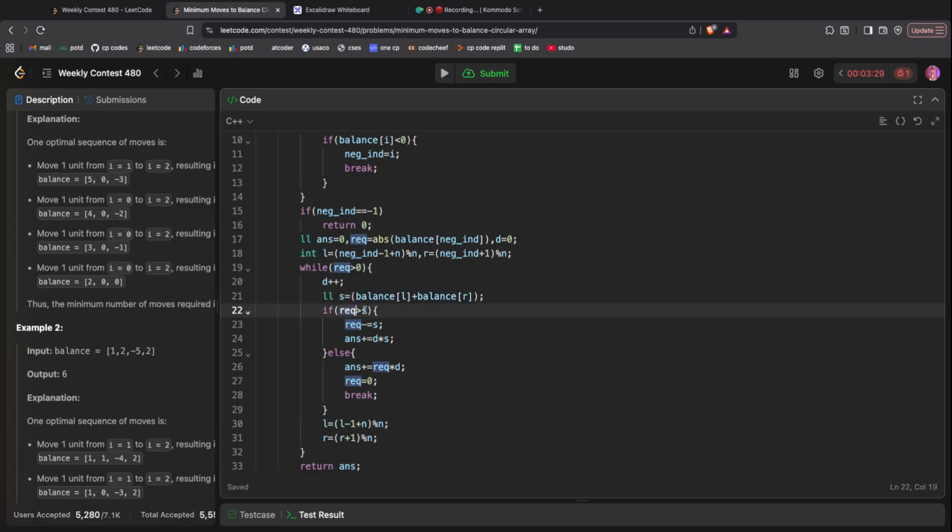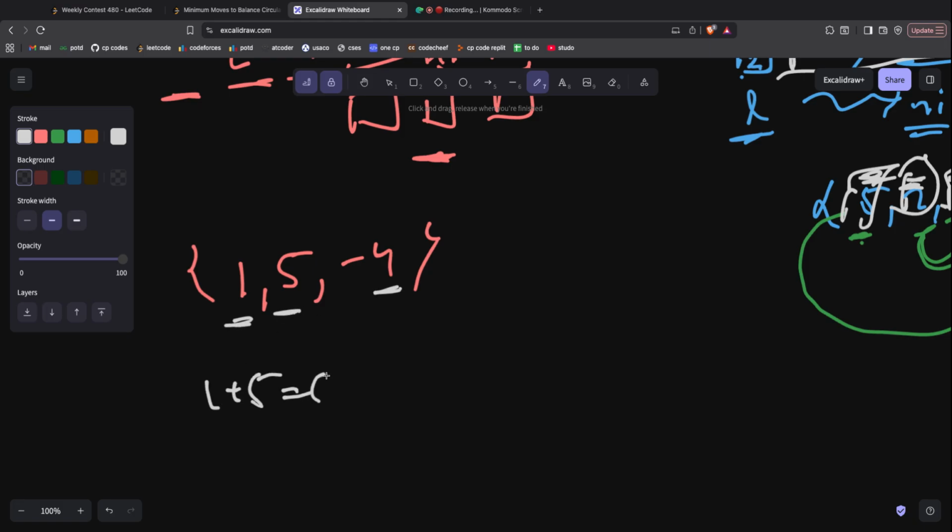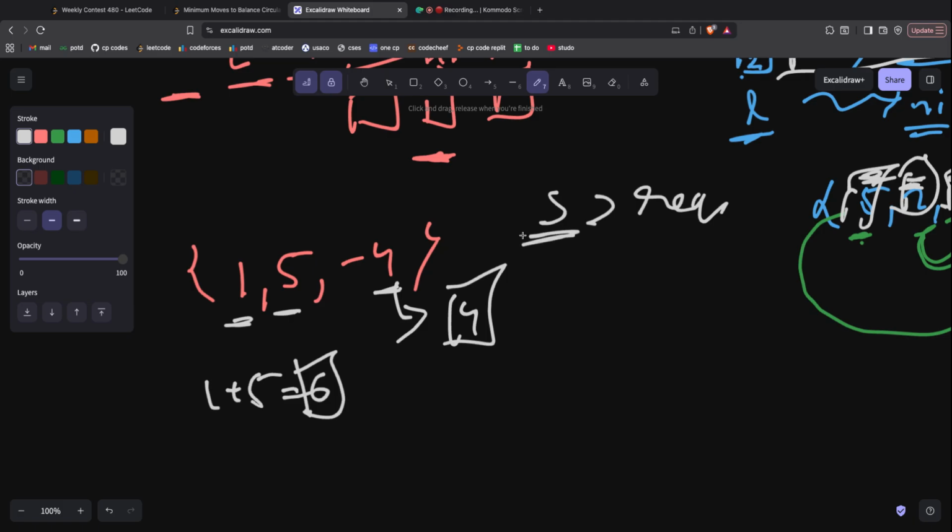Now I see if this is greater than S. The key here is C. If the array is something like 1, 5, minus 4, how much value can the first neighbor transfer? It can transfer 1 plus 5, that is 6. Do we need to transfer 6? No, we only need to transfer 4. So that is what we'll do. If the value that it can transfer is greater than requirement, then we'll transfer all of the S. Else I will only transfer rec,